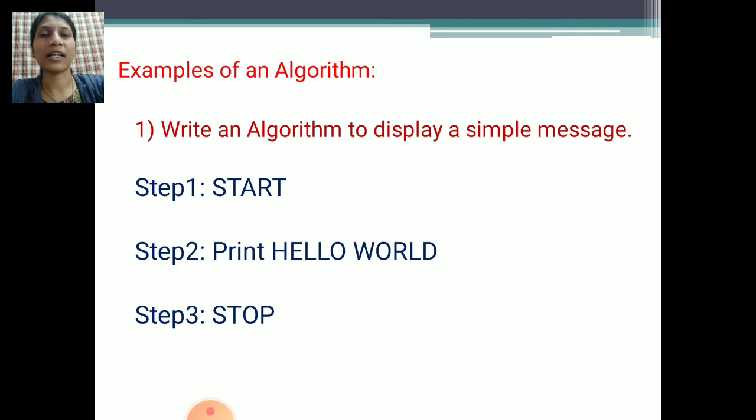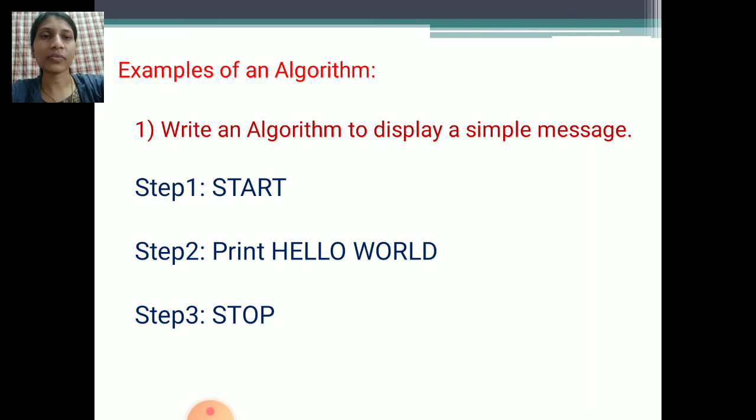Step 1 is start. You have seen the structure of an algorithm; according to that structure, we will write down the algorithm of any particular program. Then step 2 is whatever message you want to print on the monitor screen. Because here there are no inputs, no conditions and no mathematical formula, we directly display the message on the monitor screen. So step 2 is print "hello world". Whatever message you want to print, write it in this print statement, meaning hello world will print on the monitor screen. Then step 3 is stop the algorithm.